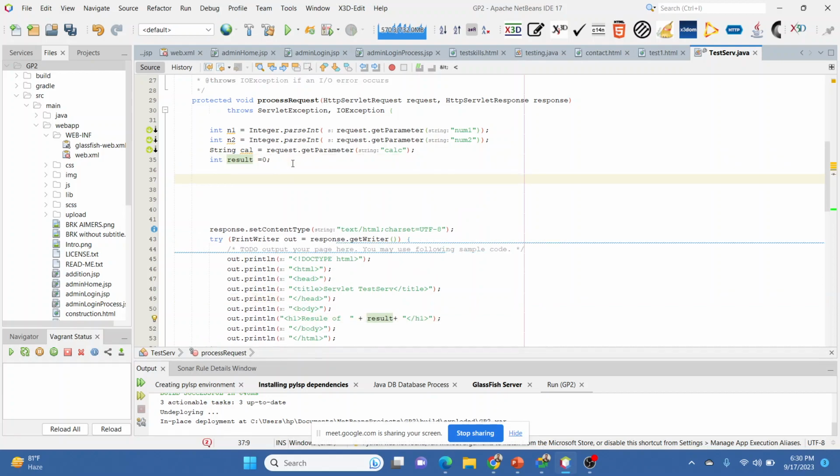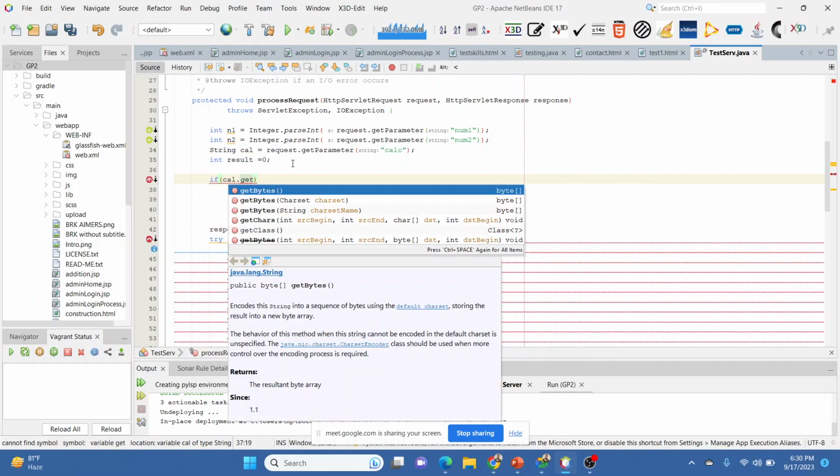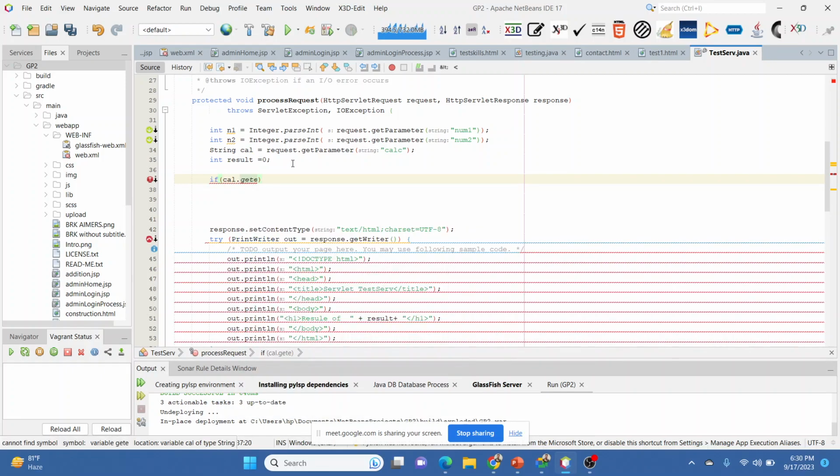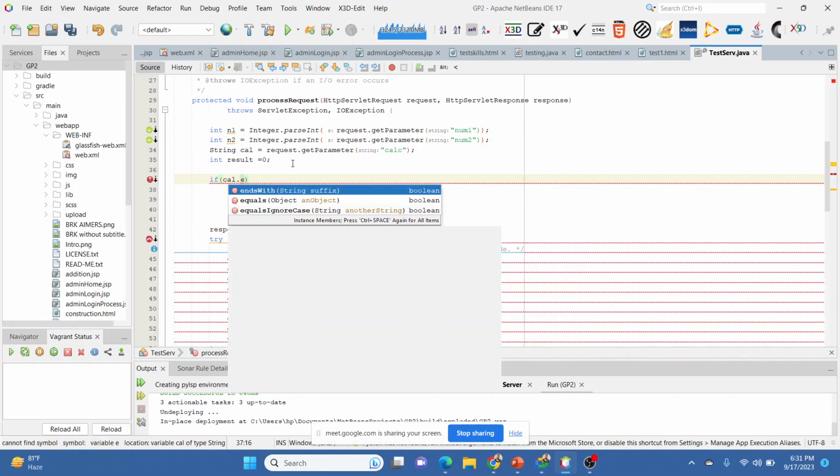So result is 0. Now if statement, what we will do, if cal dot equals, sorry, equals.